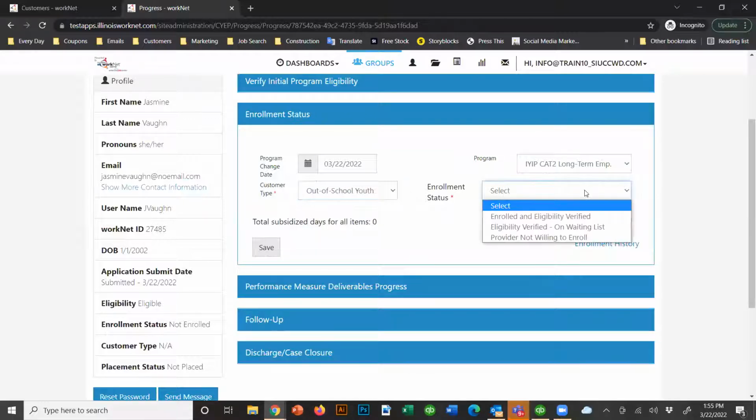And then the enrollment status, are they enrolled and eligibility is verified? Are they on a waiting list? Or are you not willing to enroll the participant? So we're going to enroll and eligibility is verified. Once I save that,